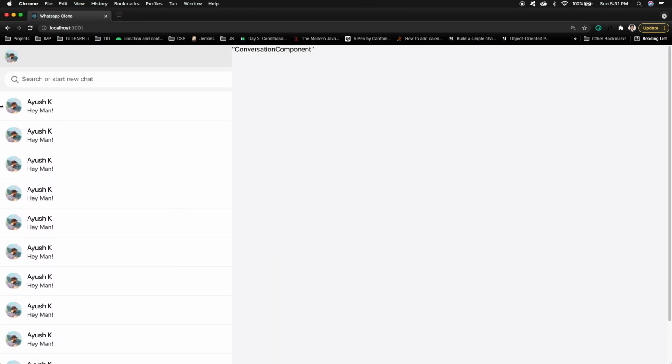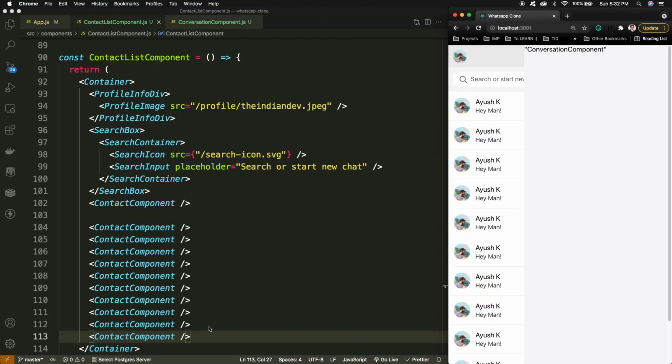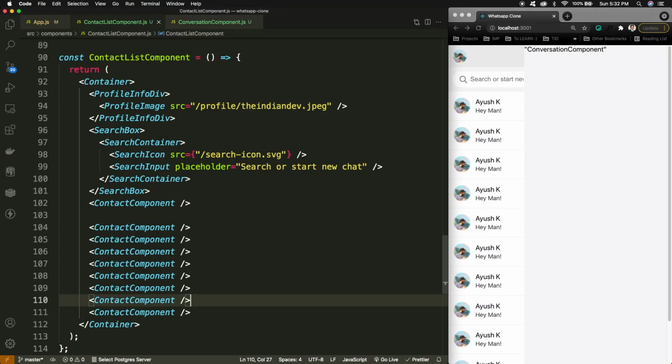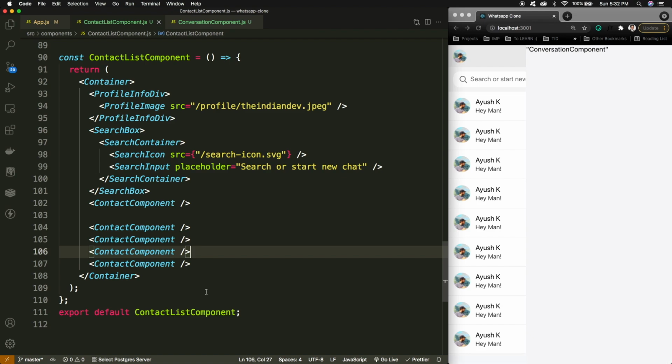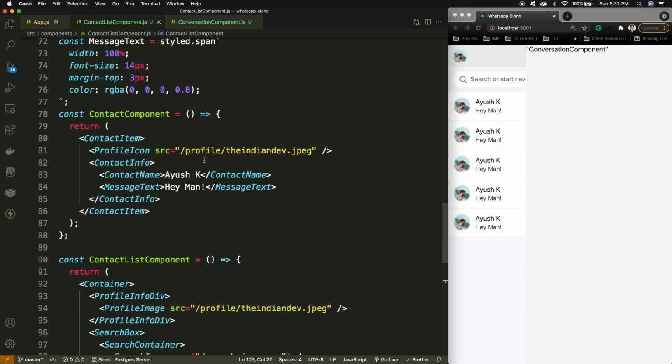Now I just need to make sure that the scrolling is at this end, not the whole application scrolling, which we will consider definitely. And now I can remove some of the contacts for now, just to make it good. Yeah, that's fine.